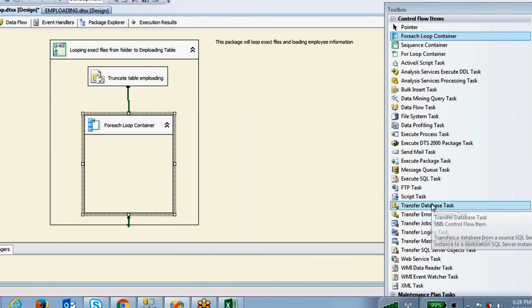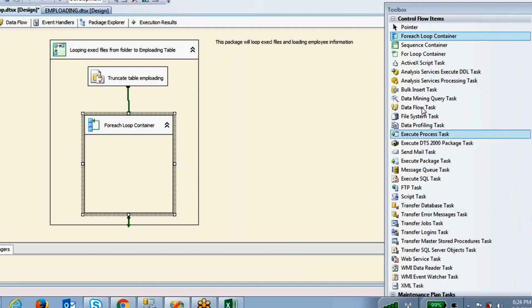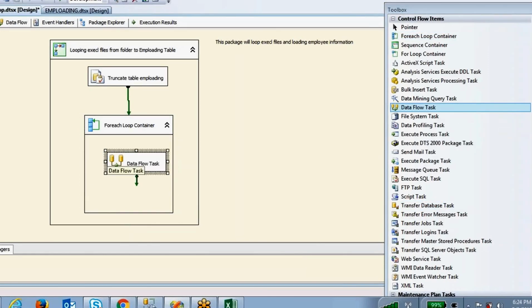Now you have to load the data from the Excel file to the SQL Server table. To do this ETL process, you have to take one data flow task inside here. Whenever you click on this data flow task, it will jump into the data flow, because connecting to the Excel source and SQL Server table, and any data conversion or transformations, all exist in the data flow only.